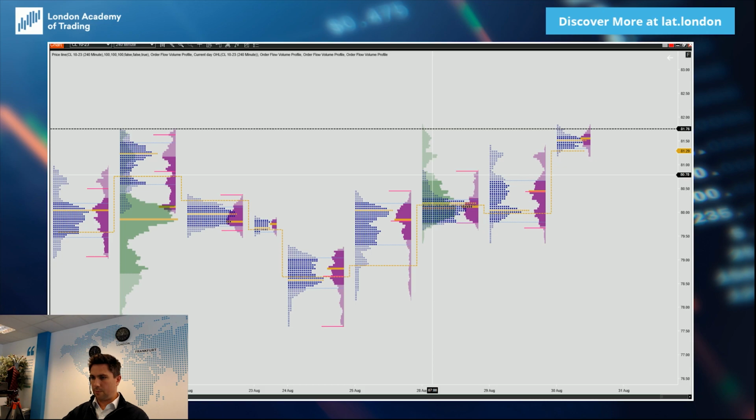And saw a bit of balance really coming into Monday, not a huge amount of commitment either way, a bit of a D shape and no real further information. And then yesterday we saw that pop higher. Now that was off the back of partly dollar weakness as well. We saw a more dovish tilt or expectation from the Fed, the jobs data coming out significantly weakening the dollar. A more dovish tilt on the dollar, giving some strength to risk assets. Gold also moving higher in a general broad-based dollar weakness move,